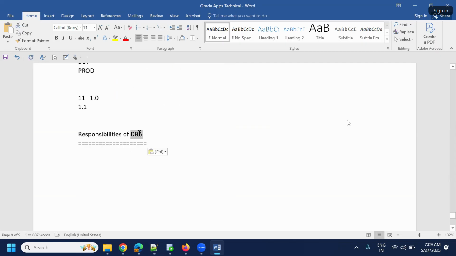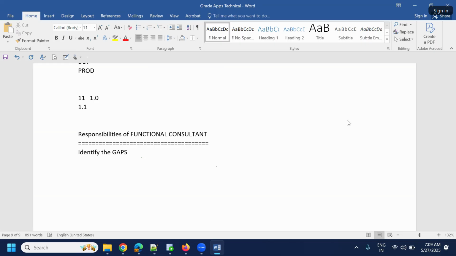Responsibilities of the functional consultant. Yesterday we came to know one of the responsibilities of the functional consultant, which is to identify the gaps. That is an important responsibility of the functional people. They will connect with the clients, or sometimes go on-site. They will sit with the business users, gather the client's business requirements and compare them with the